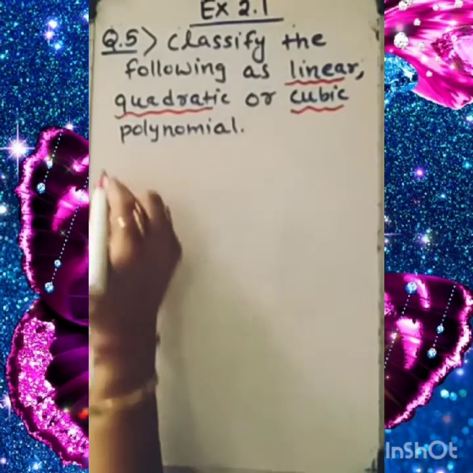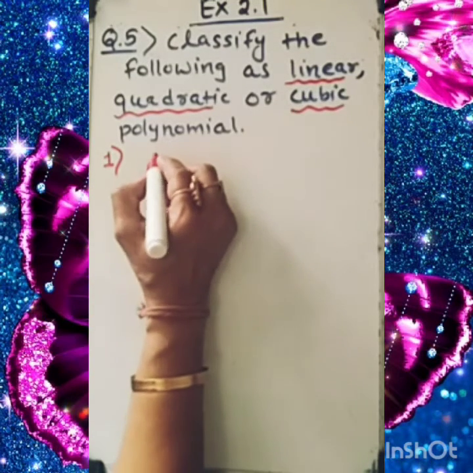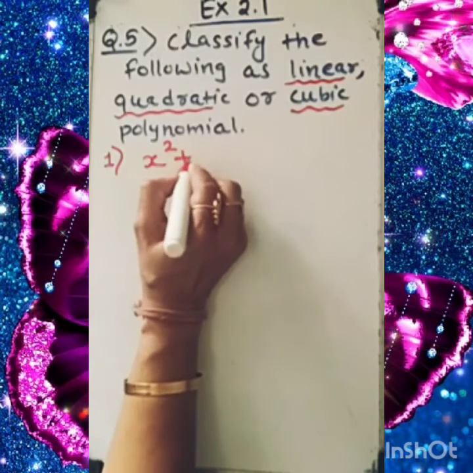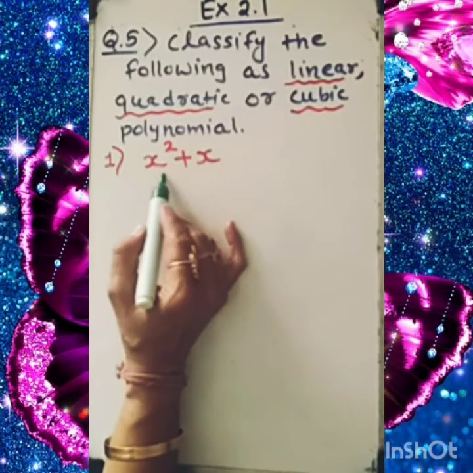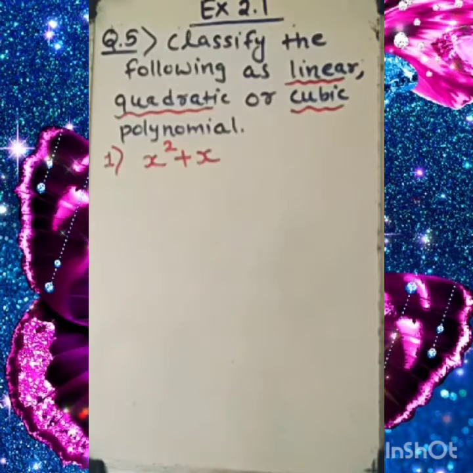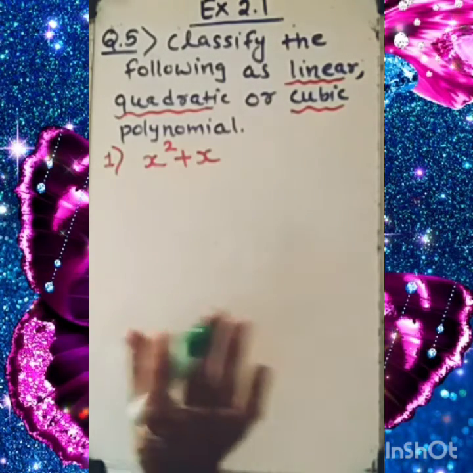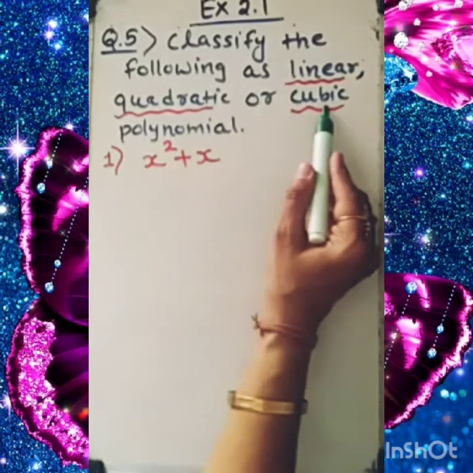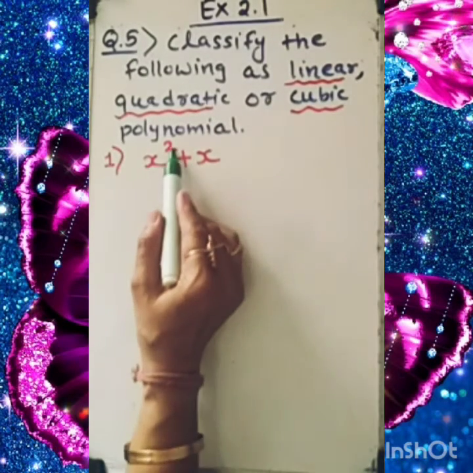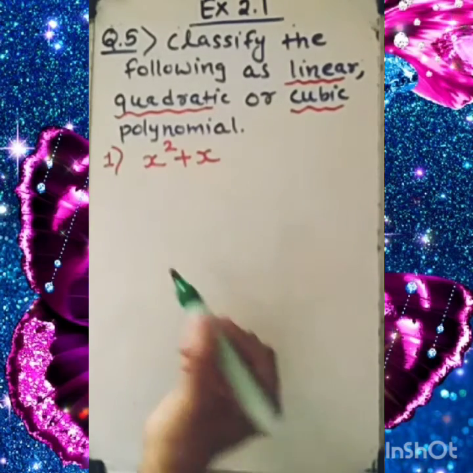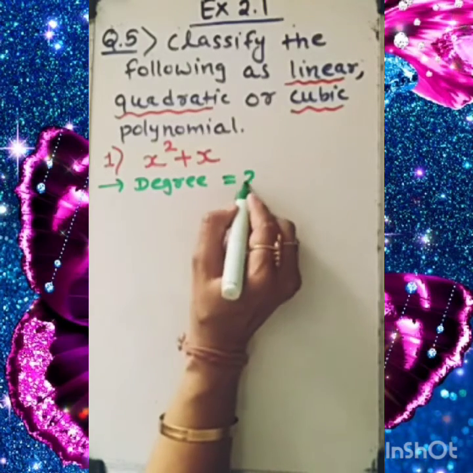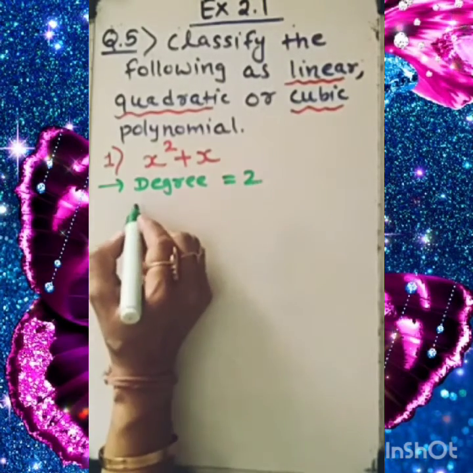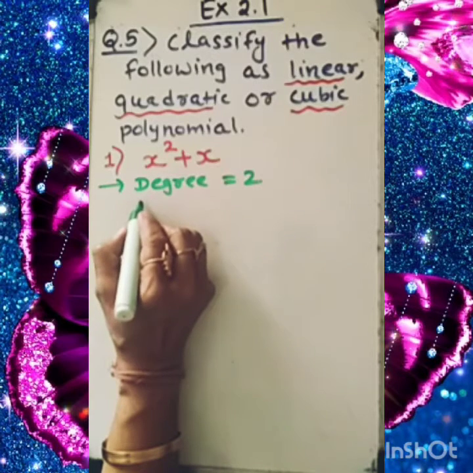Right? So let's decide in this question, because we are given x square plus x. Don't decide with the term, because if you go with the term, then it can be something else. Term indicates monomial, binomial, or trinomial, but we do not have to work on that. Linear, quadratic, or cubic we decide by its degree, meaning highest power. So you need to mention here first: degree equal to 2. That's why this type of polynomial is quadratic.